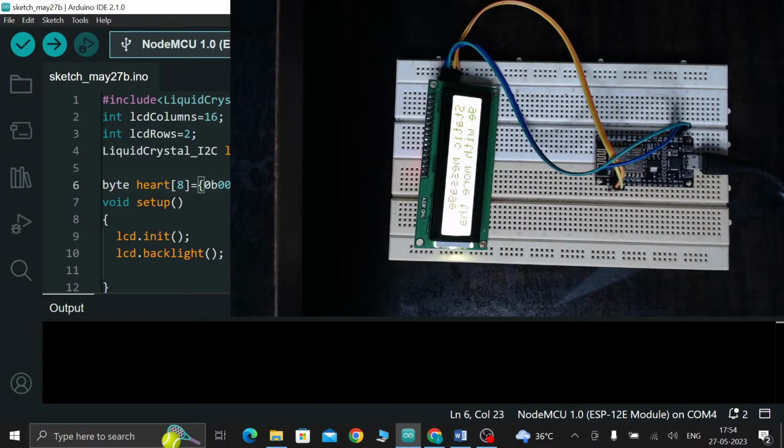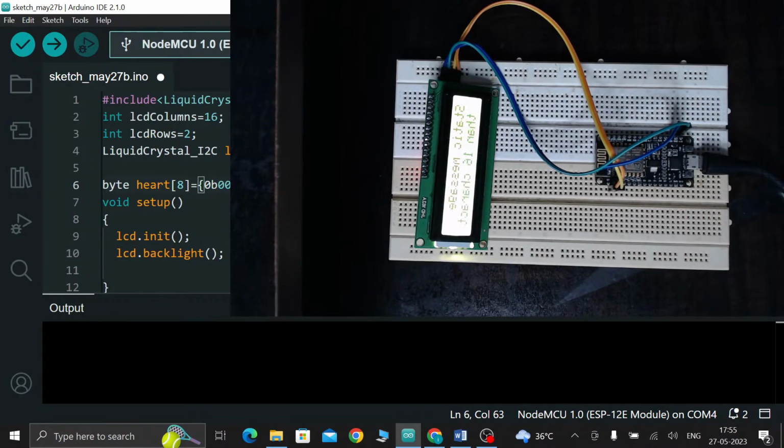So 5 zeros, comma, 0b 01010, comma, 0b, third one is 11111, and 0b, fourth one is also 11111, and again 0b 11111,